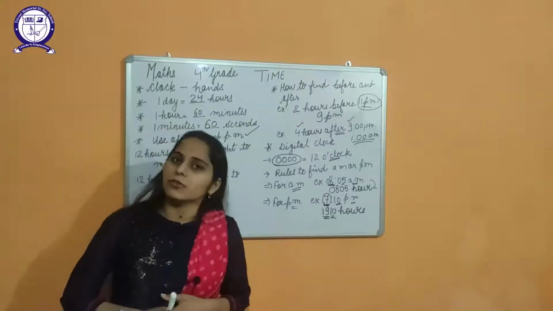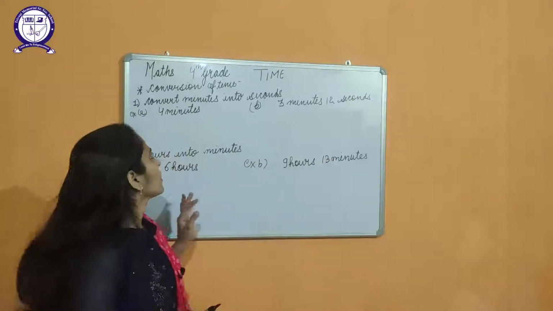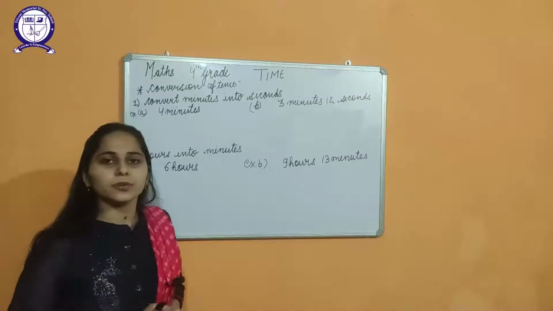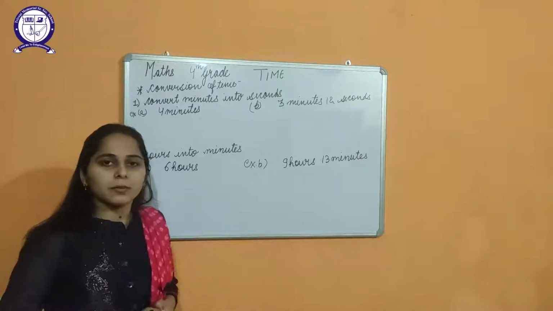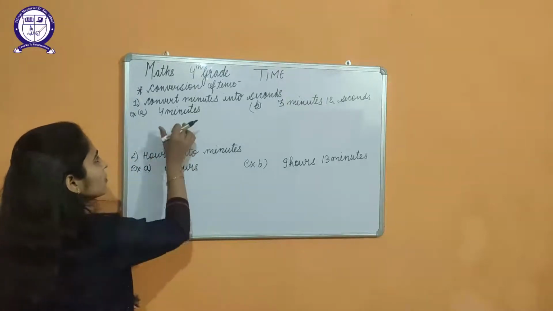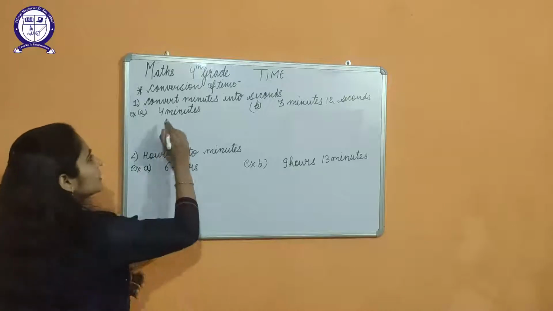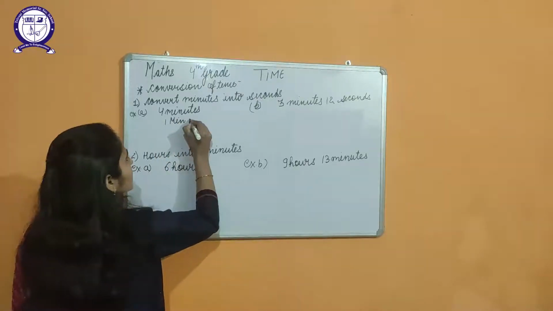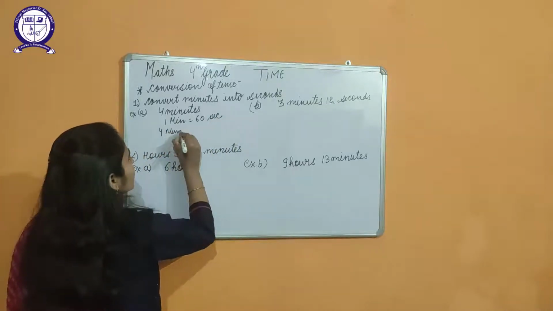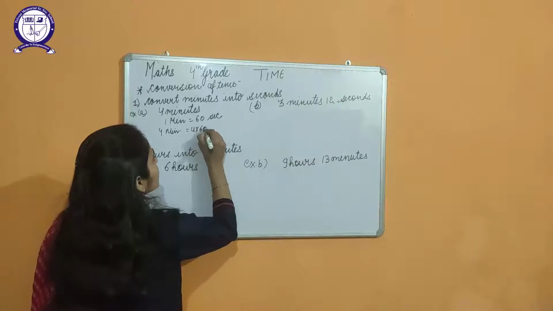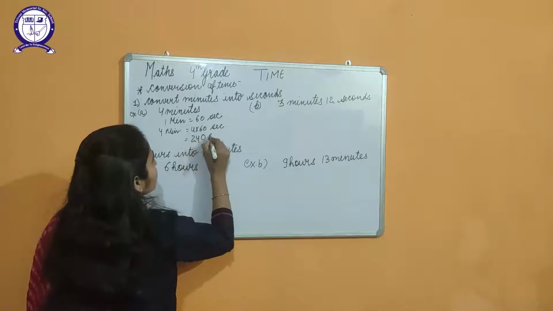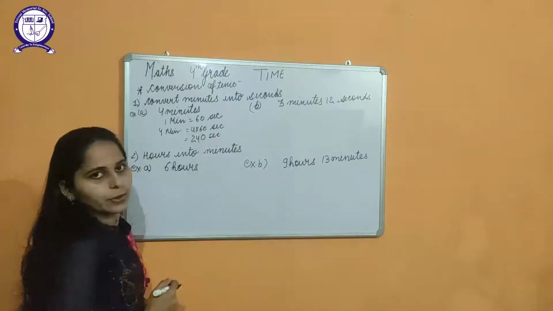So we'll discuss the conversion of units of time. Now conversion of time units. First conversion is converting minutes into seconds. As you all know, 1 minute is equal to how many seconds? 60, students. So here we need to convert minutes into seconds. So 4 minutes: as you know that 1 minute is equal to 60 seconds, so 4 minutes will equal how many seconds? 4 multiply 60 seconds. Okay, now 0, 4 sixes are 24. So 4 minutes will be equal to 240 seconds.